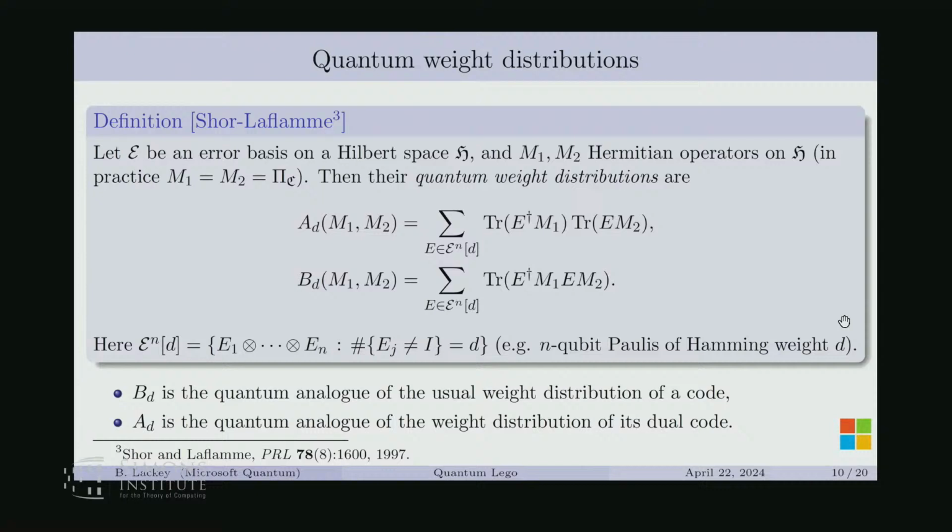Here, I say arbitrary Hermitian operators. This is at the level of generality that they worked at, but in practice, we always take these Hermitian operators to be a projection onto the code space. Okay, so if I define this quadratic map by tracing Pauli operators of weight D against the projection onto the